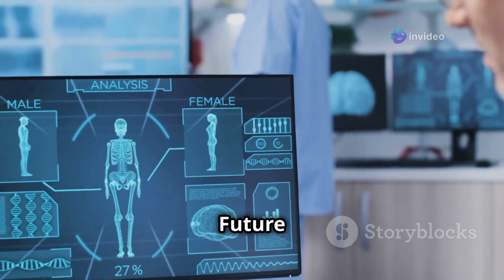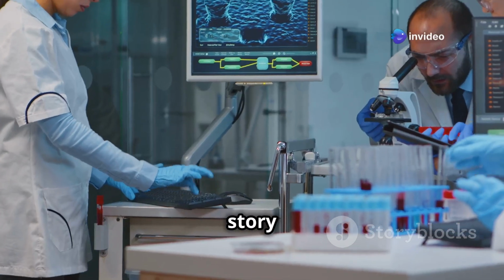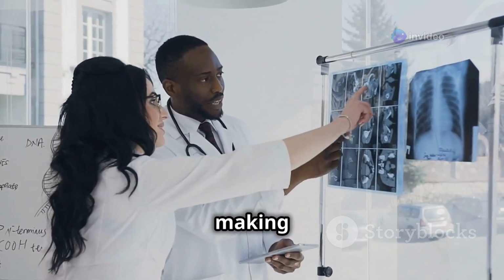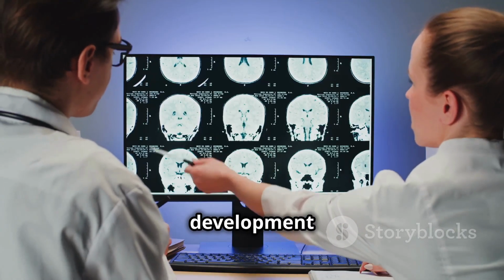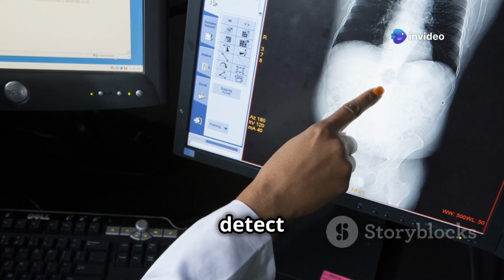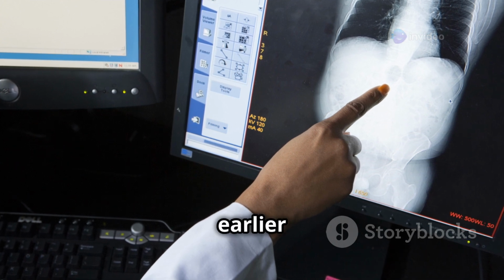Section 9. The future of X-rays. Since their discovery over a century ago, X-rays have become an indispensable tool in medicine, security, and beyond. But the story of X-rays doesn't end there. Scientists and engineers are constantly working to improve X-ray technology, making it even safer and more powerful. One exciting area of development is the use of artificial intelligence to analyze X-ray images. AI algorithms can help radiologists detect subtle abnormalities that might be missed by the human eye, leading to earlier diagnoses